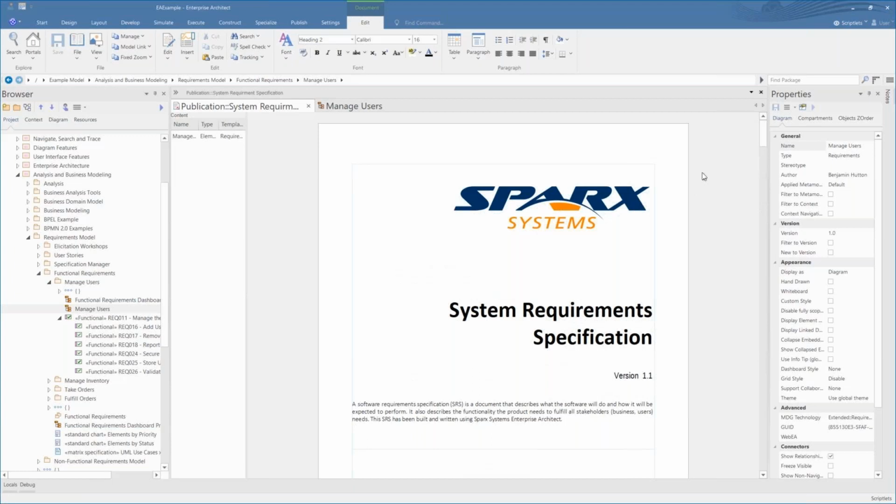This can also be made available using tools such as Sparx Systems Prolaborate or WebEA, so the report can be made available online so people can consume it instantly. And it allows you to dynamically update things.